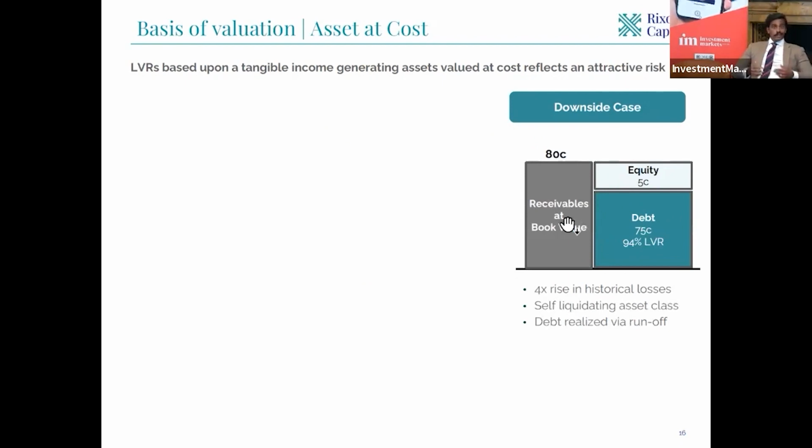Now, in a downside scenario, as I said earlier, this book, when diligenced, had a 5% loss rate. We built a 20% loss rate. So that loss rate has ballooned by 4 times, a 400% increase. You still have that equity buffer because you've planned for this downside scenario. And in this scenario, you're probably unable to refinance their debt out. But you haven't got much of a concern as a debt holder, because you know that if you hold on to that facility, the assets realize themselves and your capital will be returned. In our opinion, this is really the gold standard of the sort of assets you want to hold and measure on an LVR basis.